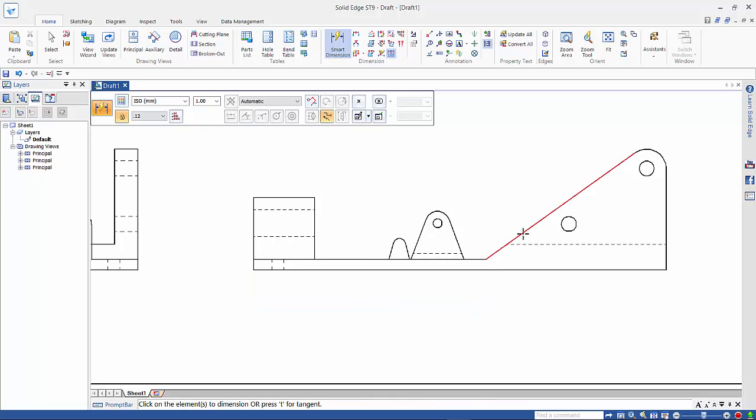If I right mouse click, it will reset it and start again. It will give us a line, so on an angled line it will give us it at a parallel. If I hold the shift key down, we can actually just get it to switch to horizontal or vertical. If we pick up on a circle, it will give us a diameter. If we pick on an arc, it will give us the radius of the